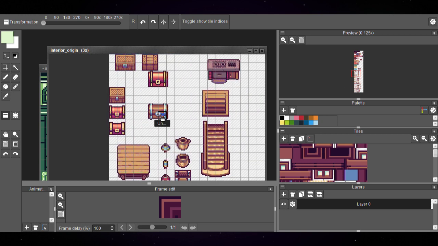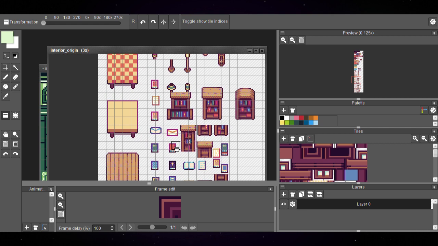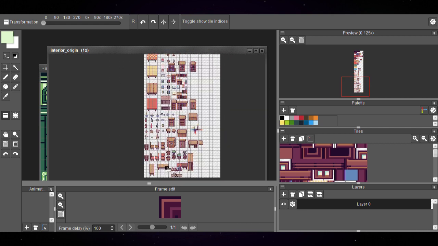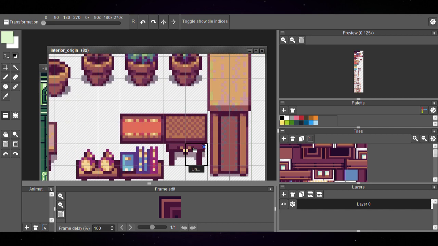The chests will most likely be sprites, so you can open them. Ah, yeah, I was missing furniture. And since we're doing a castle-like environment, I'm going to go ahead and